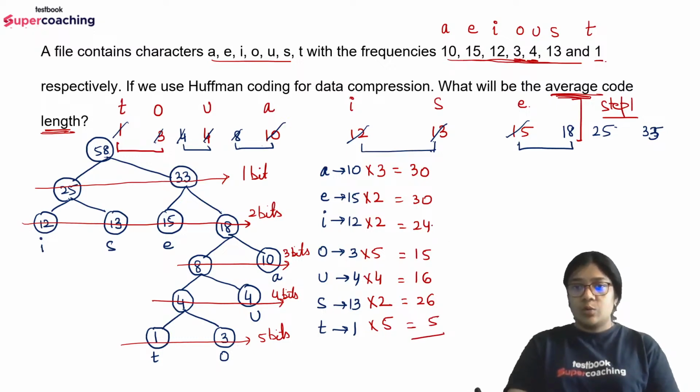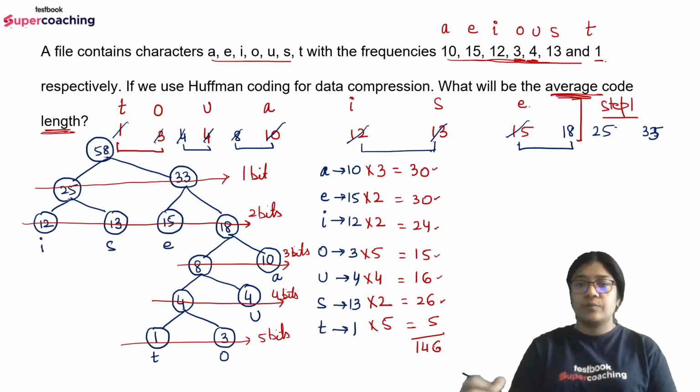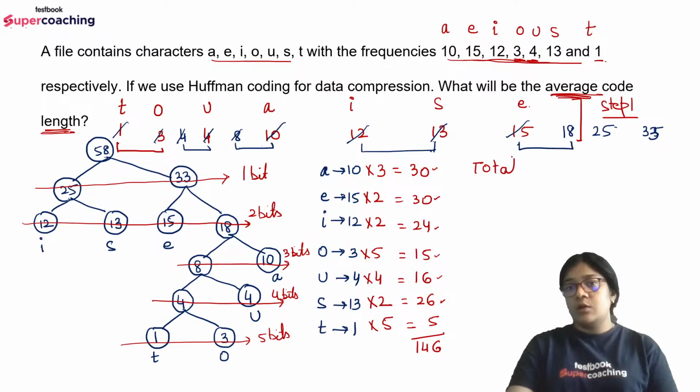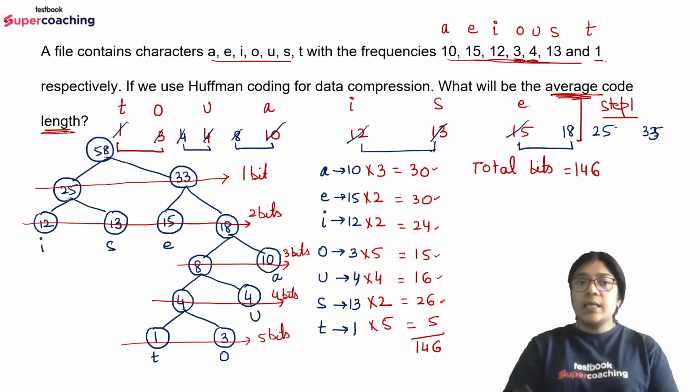So this comes out to be 24 plus 26 is 50, 50 and 60, 110, 125, 141, 146. So the total bits are 146. To send 58 letters, 146 bits were sent, but here they are asking for the